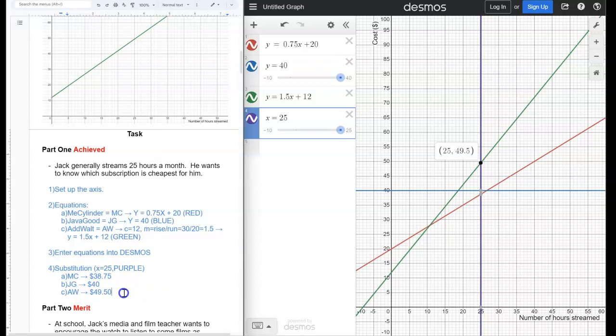The very final thing we're looking to do here is we are looking to communicate our answer. Communicate answer. So just a reminder of the question, Jack generally streams 25 hours per month. He wants to know which subscription is cheapest for him. We've found out that MC, which stands for me cylinder, is going to be the cheapest at that particular point. So we're just, in a sentence, going to say, Jack should choose me cylinder,